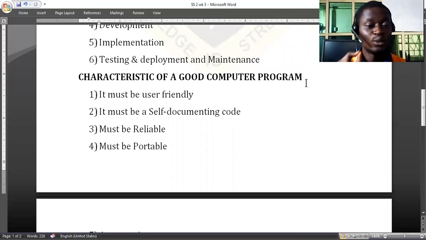Now, what are the characteristics of a good computer program? Remember, I said a good computer program. Number one, a good computer program must be friendly. That is, the people must be able to use it. The user must be able to interact with it without you being there to tell them what to do. They need to be able to work with your program freely. It should be interactive and friendly. Two, it must be self-documenting code. The program should be able to make personal adjustments and give suggestions for errors that might arise while using it,